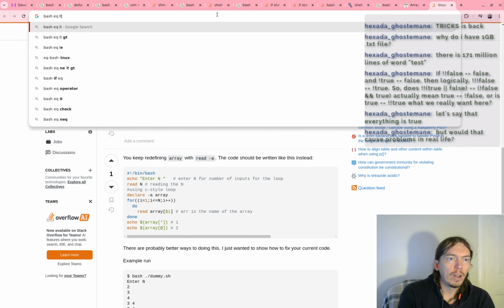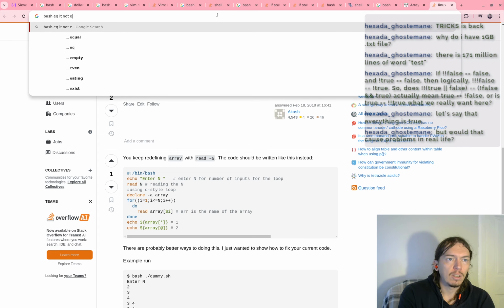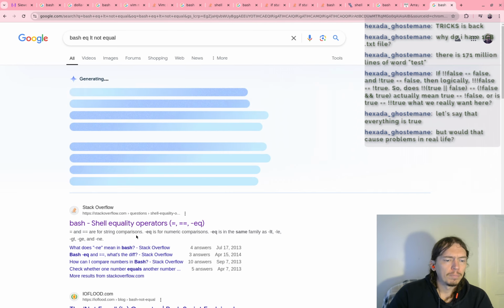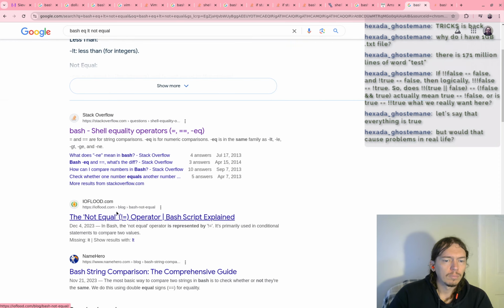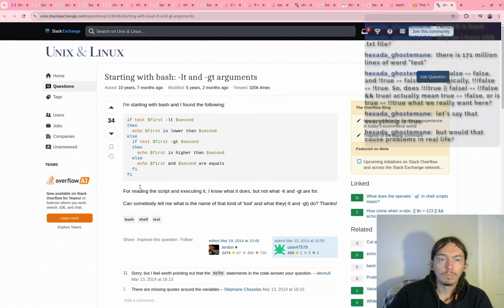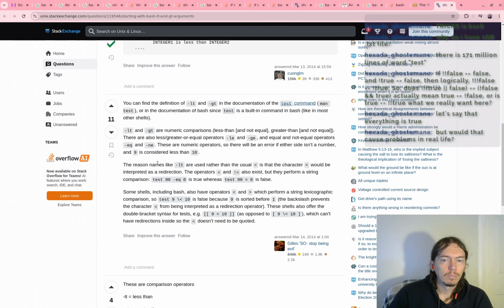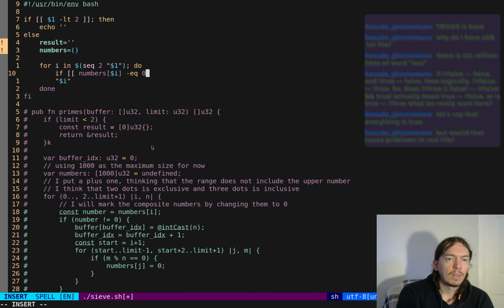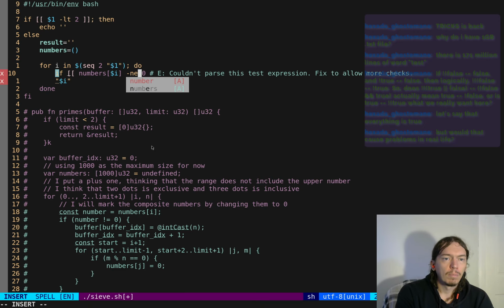Bash -eq, -lt, not equal. Less than equal, greater than equal. So -ne for not equal, okay. So if it's not this, then,